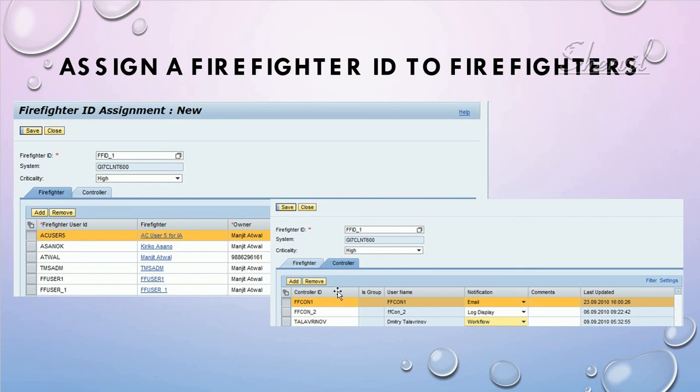Okay, he's the controller. These 3 people are controllers for this one firefighter ID, but these 3 can do different purposes. So you can specify, assign a firefighter ID to firefighters and to controllers also. Okay, these are 2 screenshots depicting the assignments.